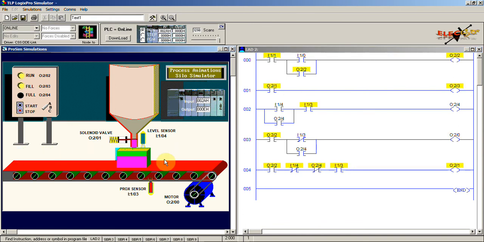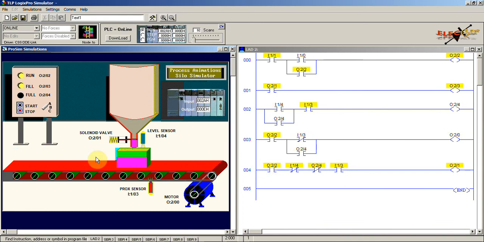Now the process is happening. This process is very fast, so we'll reduce the speed of this process so that you can clearly see how it is happening. Once I press the start push button, the container moves from this position to this position. This photo sensor will sense it, and here the solenoid valve will be opened. Once this level sensor senses the total level or this closes, this conveyor belt starts again, so it will move to the next position.